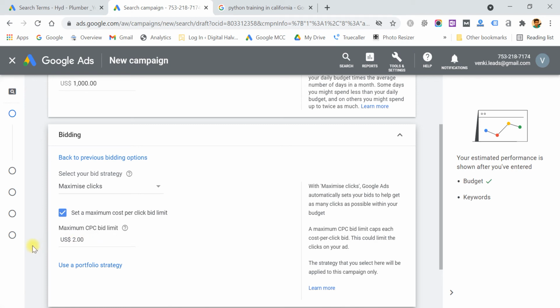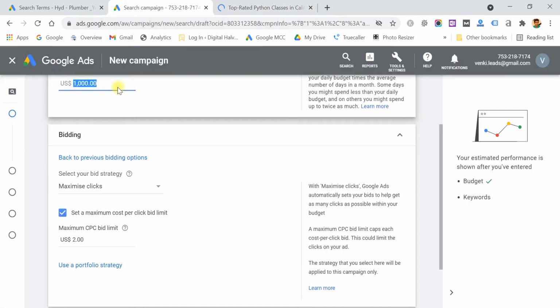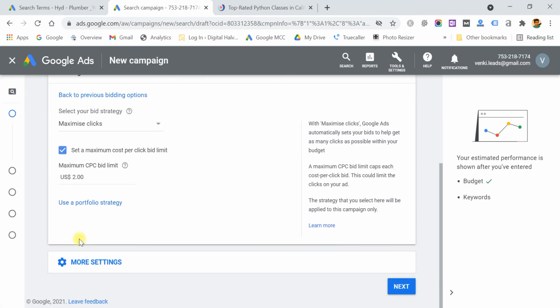It means if anyone clicks on my ad, Google may deduct up to $2, not beyond $2, for each and every click. So how many clicks do we have a possibility of? Daily 500 clicks. It means if someone clicks on our ad, it will redirect to our website, so there is a possibility of 500 website visitors per day because of this campaign.